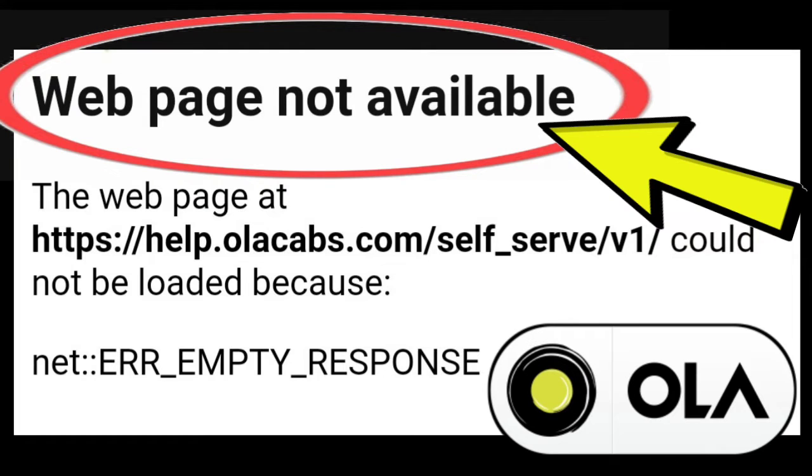The error message, "web page not available, net::ERR_EMPTY_RESPONSE," indicates that the OLA Help Center web page is not responding or returning any data. This could be due to a variety of reasons, such as: